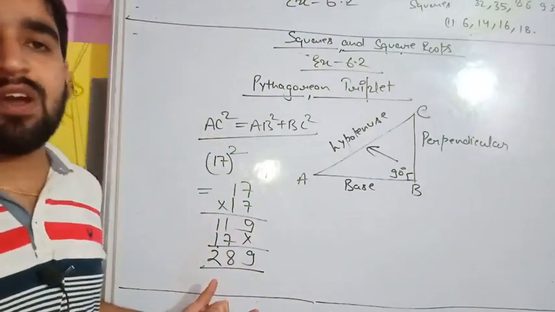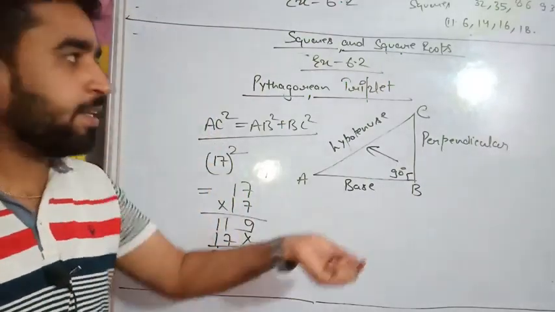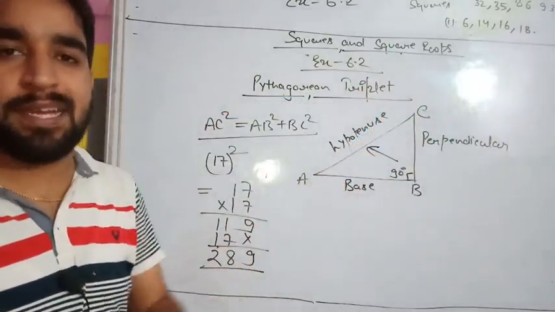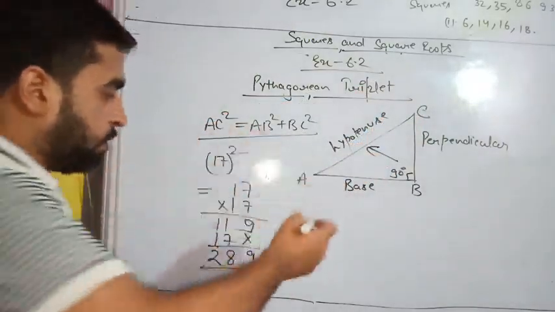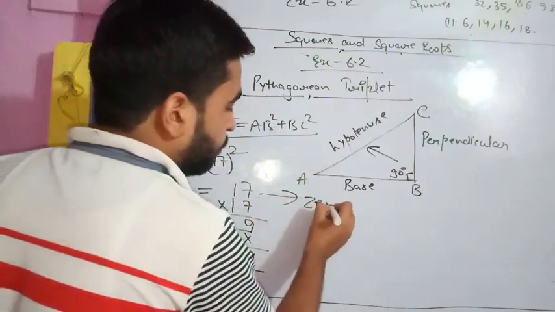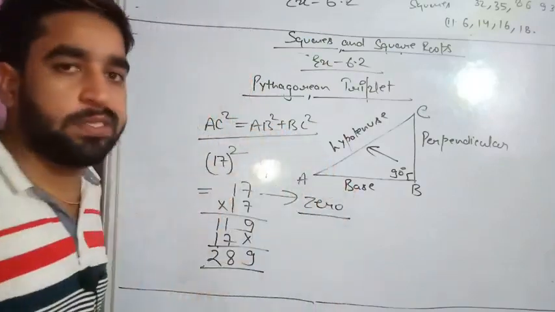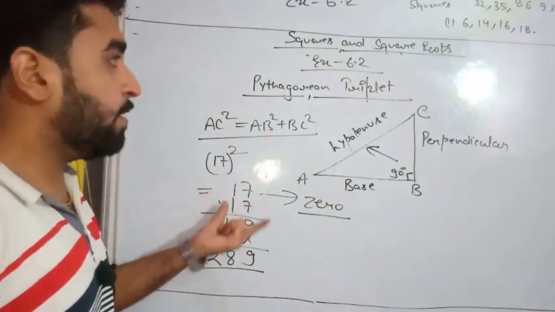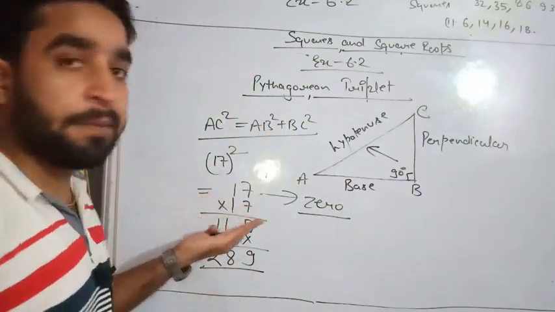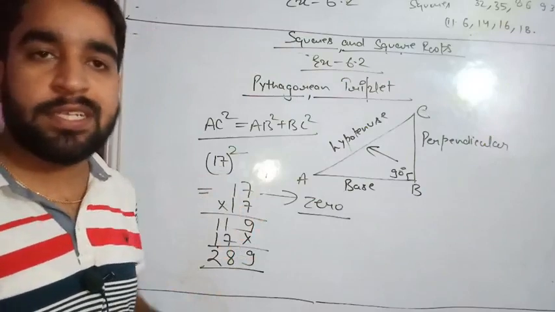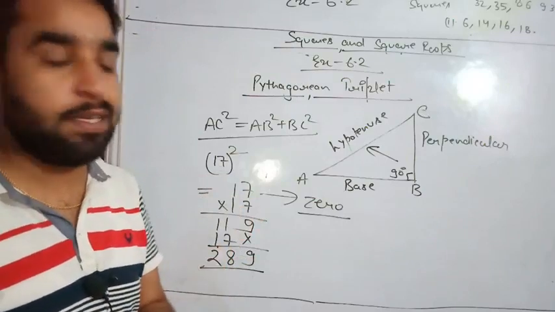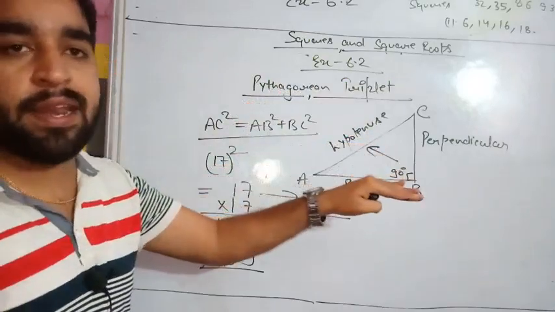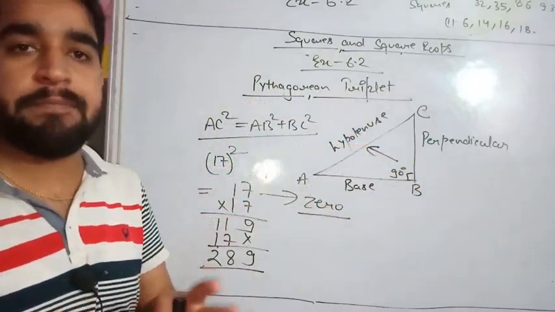So if you solve it by this method and think that yes, I have calculated the square of 17, then let me tell you how many marks I will give you. Here are your marks: 0. Because we are not checking whether you are able to multiply or not. It's not the job when you are in class 8th. Your job is to calculate the square by using some other method.